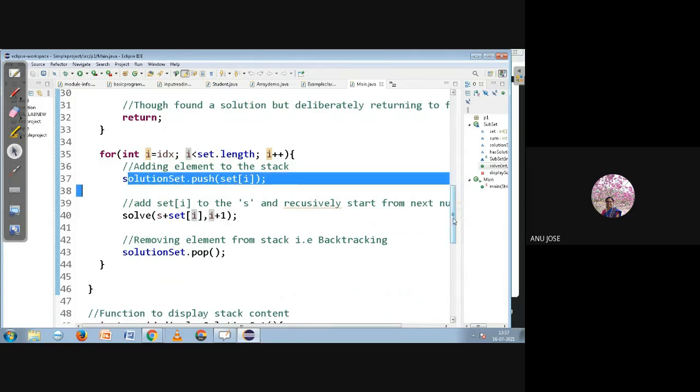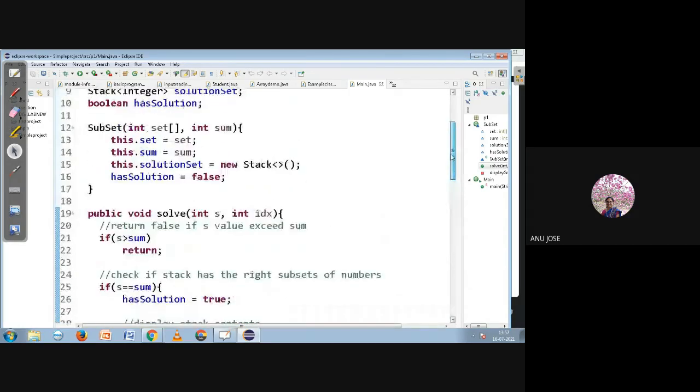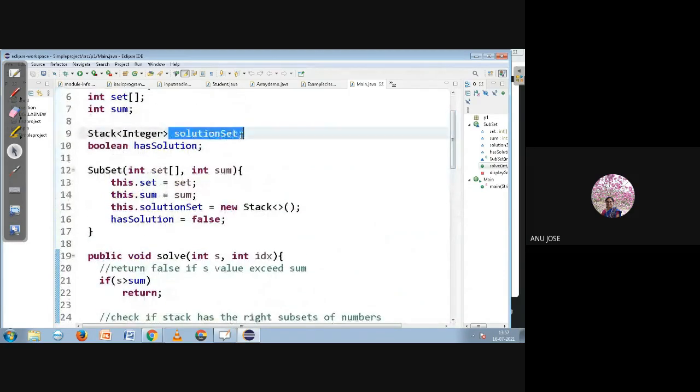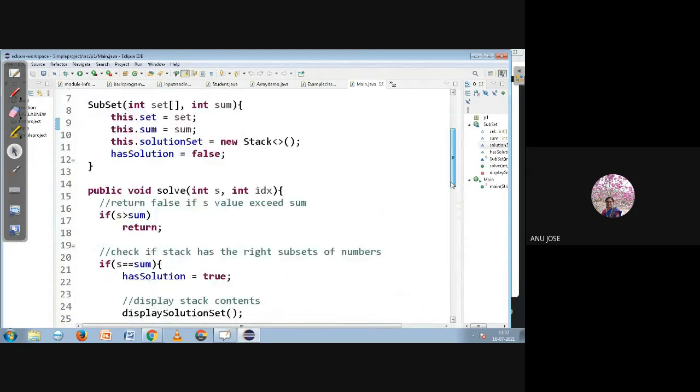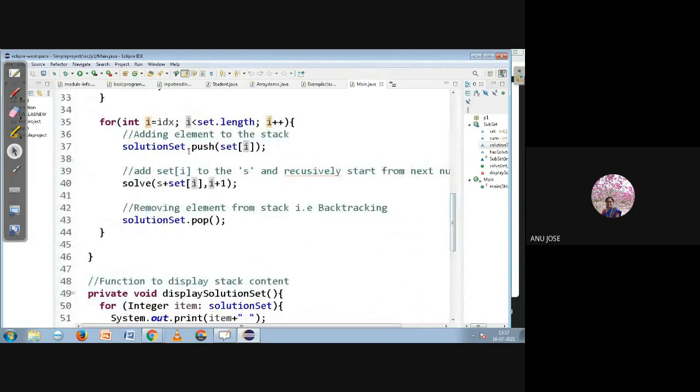What is solution set? That was the name of the stack we created. You can see here the name of the stack is solution set. So you push the element set of i, where set is the array or set we were having. One by one we take the element and put it into the stack.